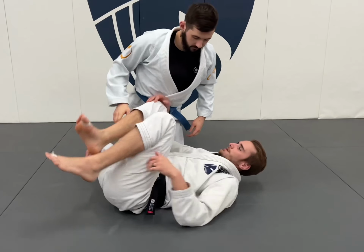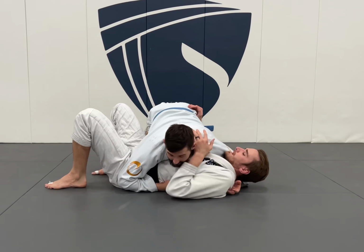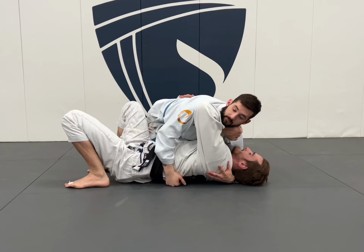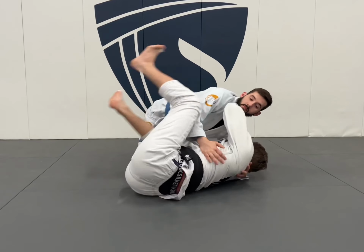So, again, we're framing on the far hip here. I'm gonna build my frames, forearm to the throat, lifting my elbow above my head. So my elbow goes higher than the wrist to get this elbow off the mat. I'm gonna hip out, bring my knees to my chest,